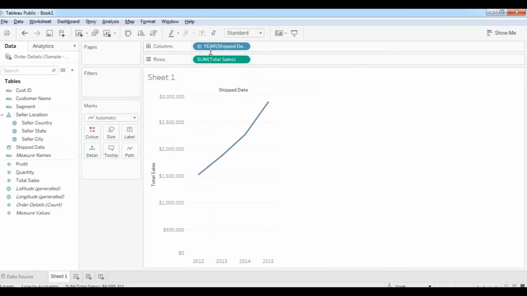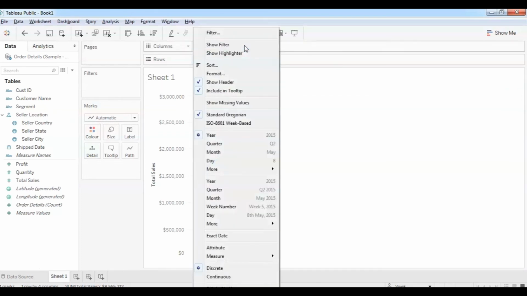So you can see that this is the discrete year because it is shown in the blue here. Okay, we need the continuous one. So if you click on this drop down, then it will show the top pane, which is the discrete one, and this pane is the continuous one. So we need the continuous. So let's say we need it on the basis of the month,